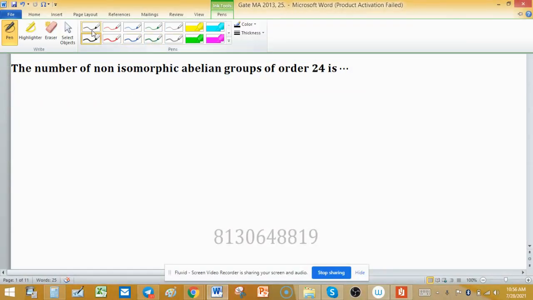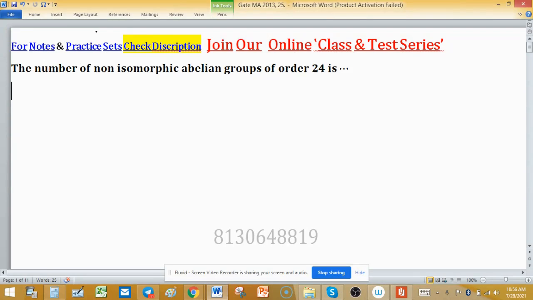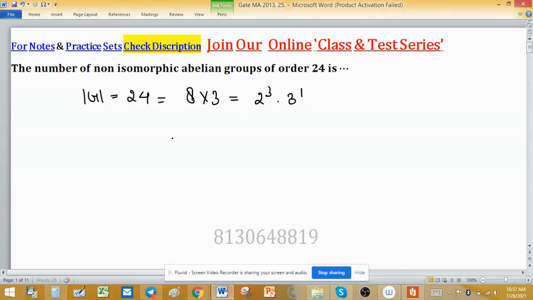To find the number of non-isomorphic abelian groups, we use partitions of some number. So how to use partitions? As the order of G is 24, we can write 24 as 8 times 3, that is 2 raised to the power 3 times 3 raised to the power 1. Then the number of non-isomorphic abelian groups is given by